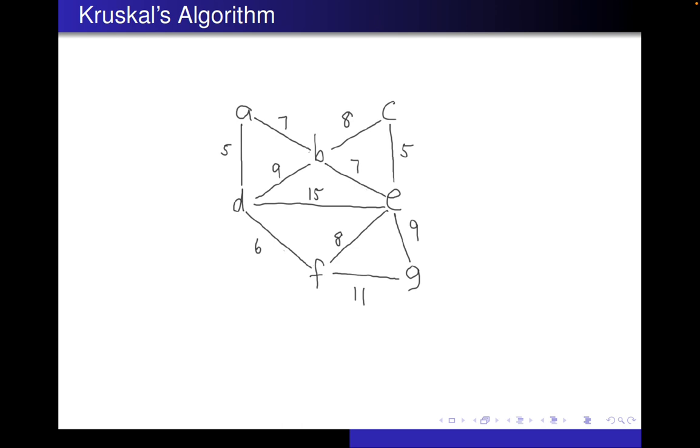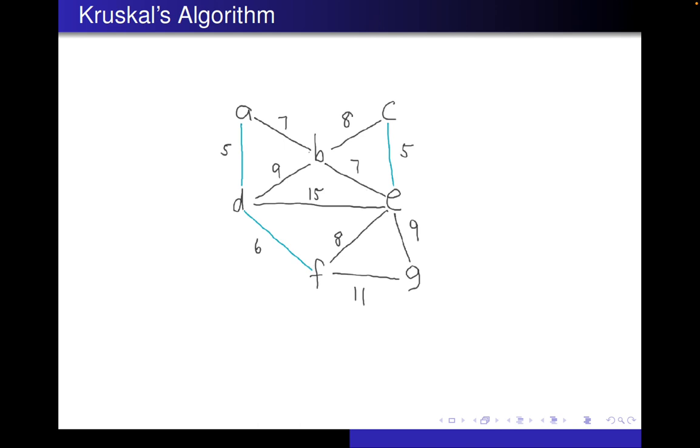It's connected, so it has a spanning tree. And we look for the edges that have the lowest possible weight, and that's A to D and C to E. Those both have weight 5. If we look up above that, 6 is the lowest that we have after that. If we add that one between D and F, that will also not create a cycle, so we can add